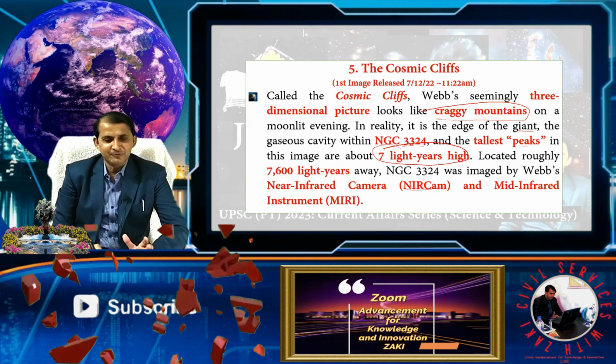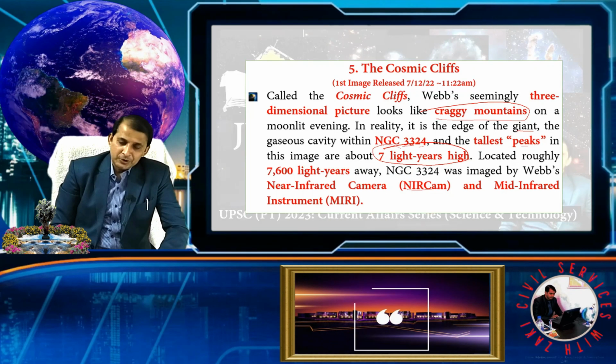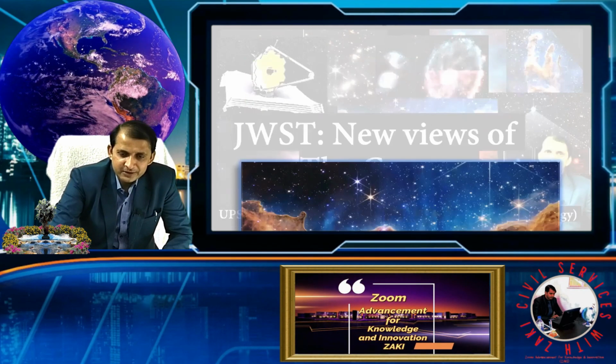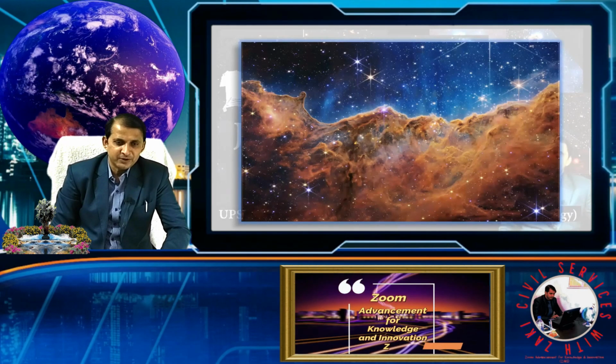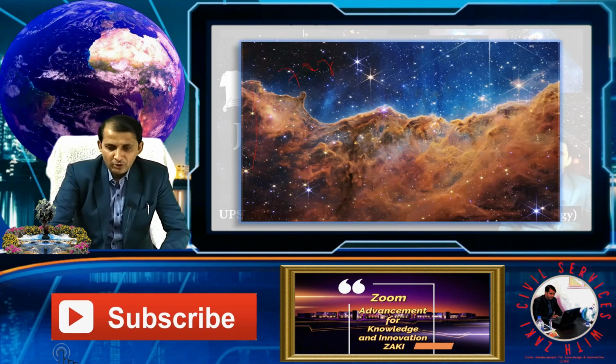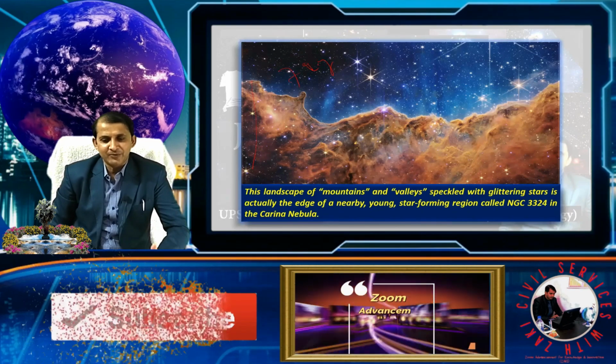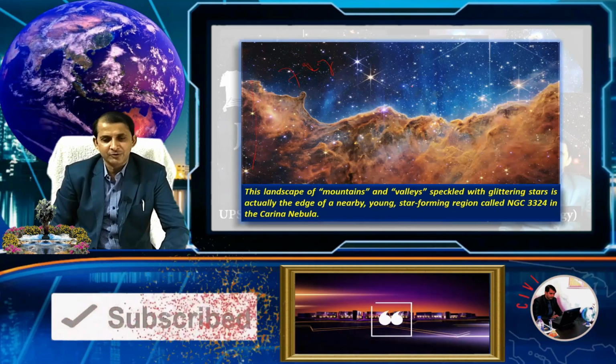So these are the Mid Infrared Instrument and Near Infrared Camera. So see the Cosmic Cliff. It is the tallest peak, about 7 light years tall. If you see the landscape, like the mountain valley,